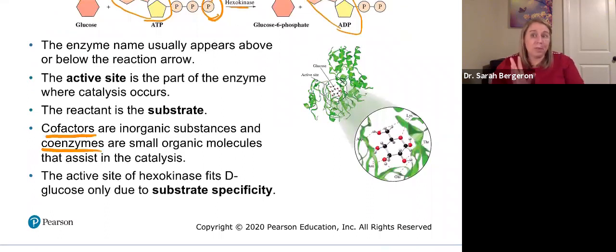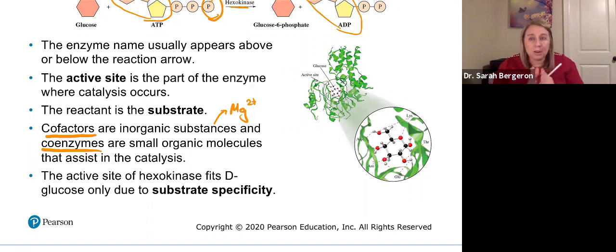So if you remember that enzymes themselves are organic, if they need help from smaller organic molecules, those are coenzymes. But if they need help from smaller inorganic substances, think about, right? Organic means carbon, hydrogen. So what if you have an ion that helps, like Mg2+? That's a cofactor. That is something that is inorganic that is going to help our enzyme to work, right? And so